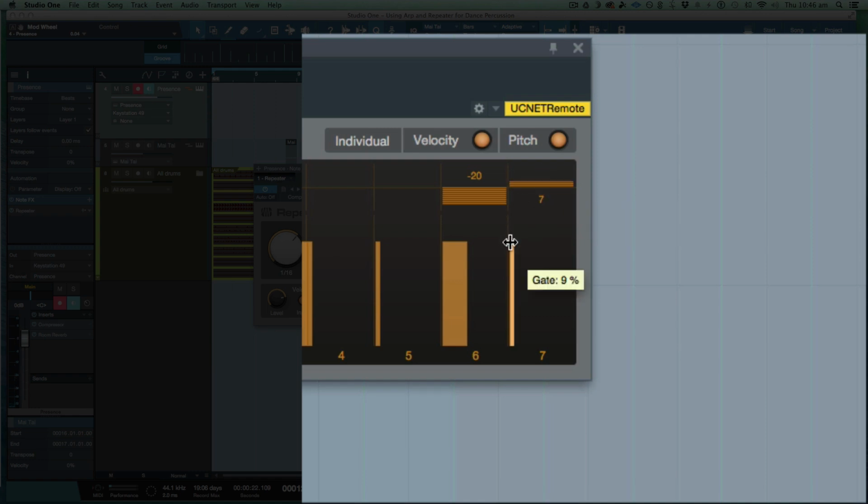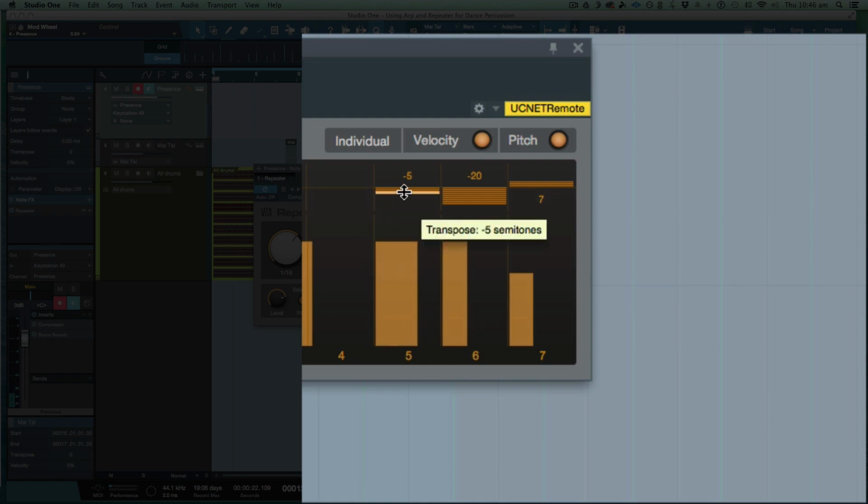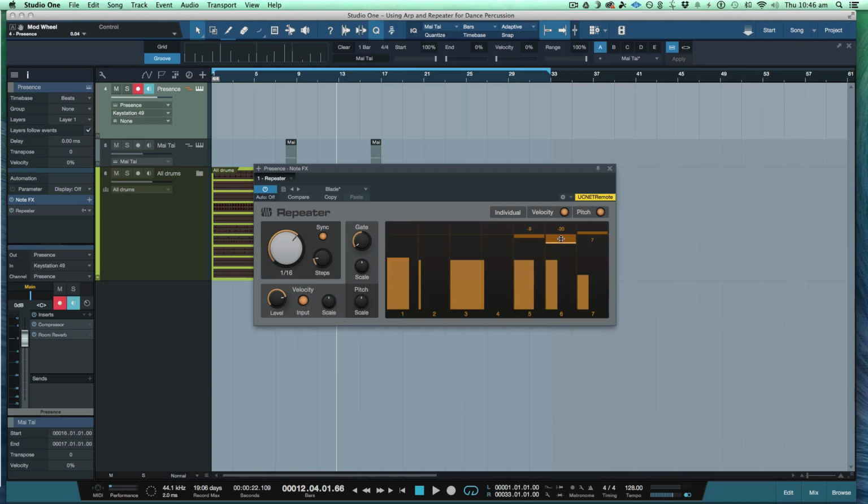Maybe a bit quieter. Something weird going on with this guy. Cool. So we've just basically created our potential drum fill, which if we listen to it in the track,